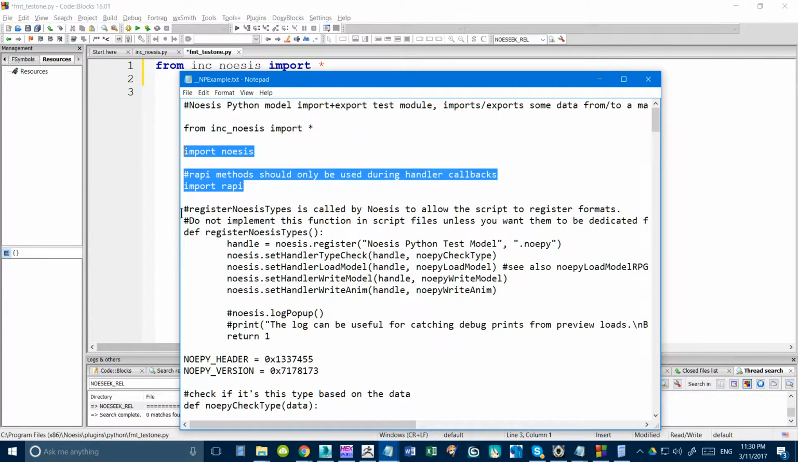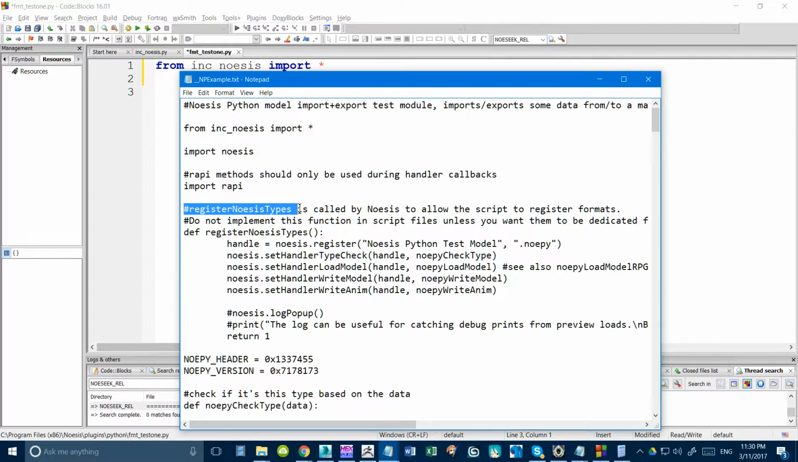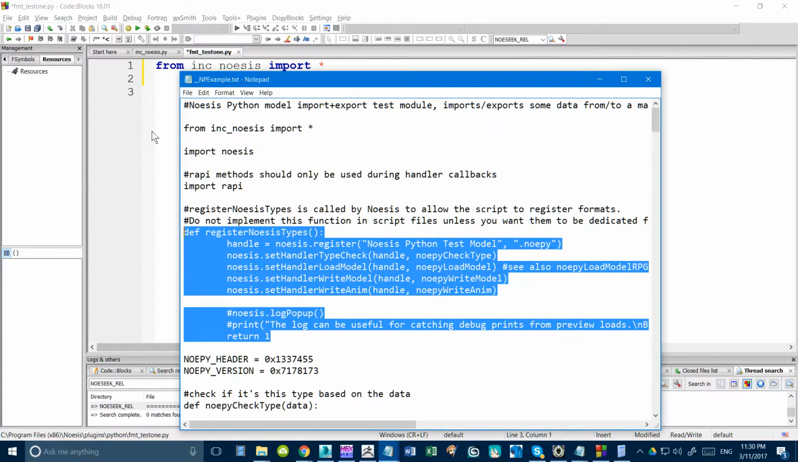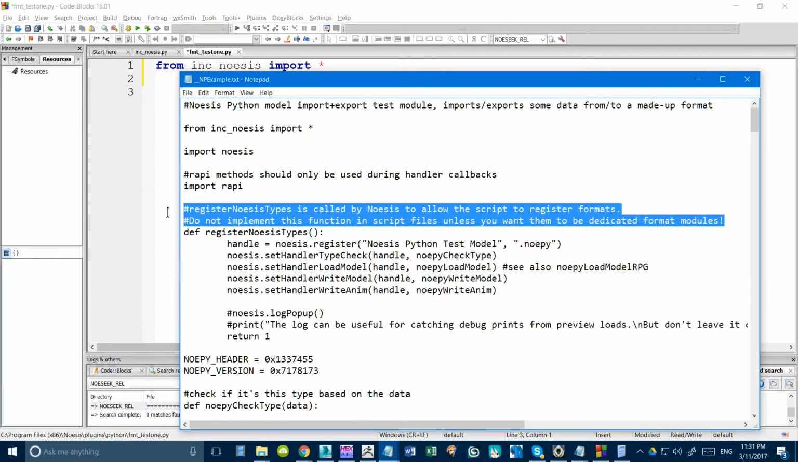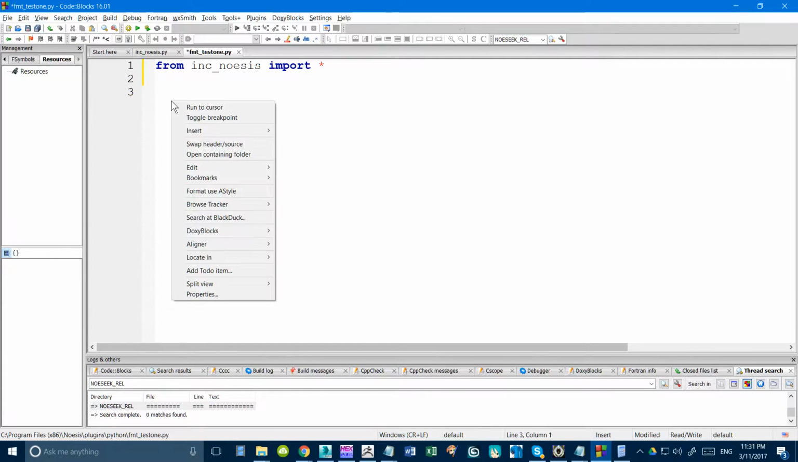The first thing you need to do is register your file with Noesis. I guess the only thing that Noesis will look for is this function, or what they call a definition, register Noesis types. So you have to have this exact function in there, so we're going to copy that. The comments say register Noesis types is called by Noesis to allow scripts to register formats, so do not implement this function in script files unless you want them to be dedicated format modules. I don't know what else you can use Python for with Noesis, but apparently you can use it for other stuff. But you need to use this in our case because we're going to try and import a